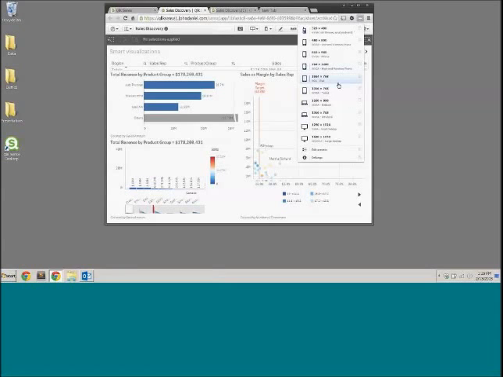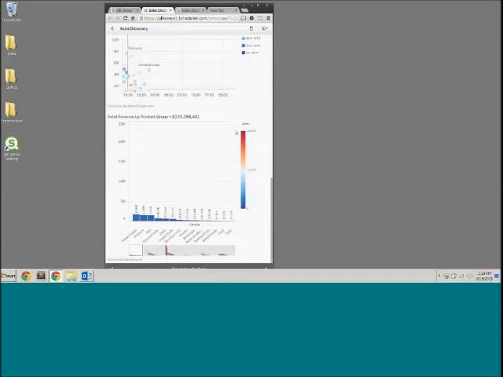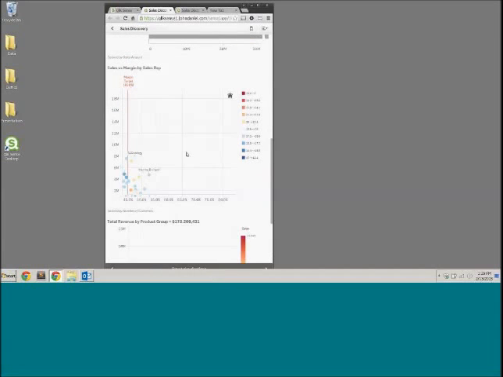So what if we run out of screen real estate? What if we're actually on an iPhone, which is smaller than an iPad? So let's go ahead and pull that resolution. Well, instead of trying to make all those objects tiny and still fit into the same layout, it stacks them for us. So I'm now on my handheld, I'm able to scroll through my charts, and if I want to make a selection,